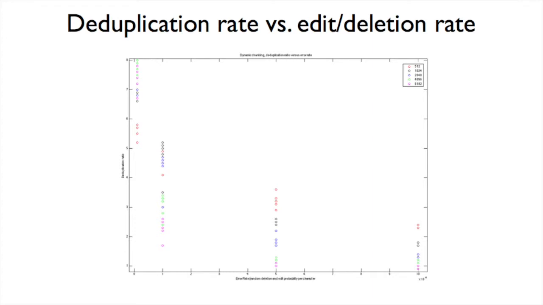And as you can see, the different chunk sizes we tested are in different colors. Like the red is the half a kilobyte, all the way up to the pink, which is the 8 kilobytes. And we ended up going with the 8 kilobyte chunk size because, as you can see